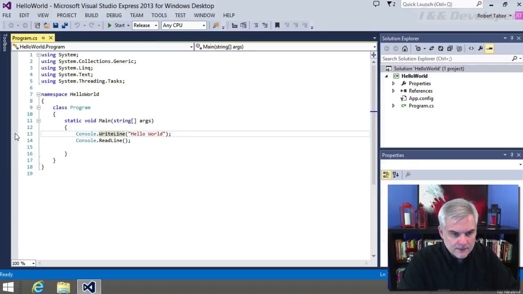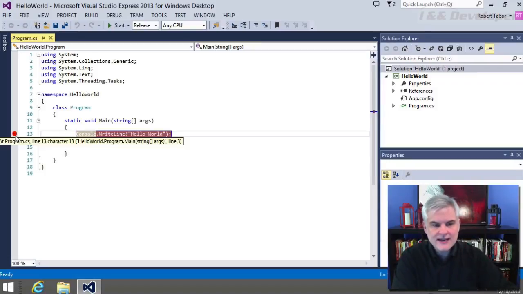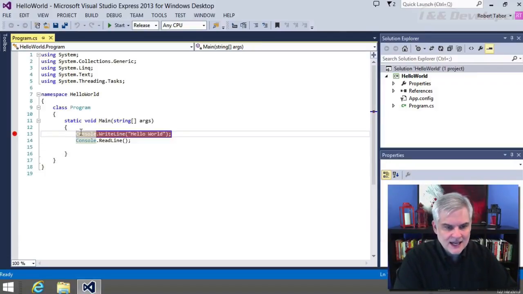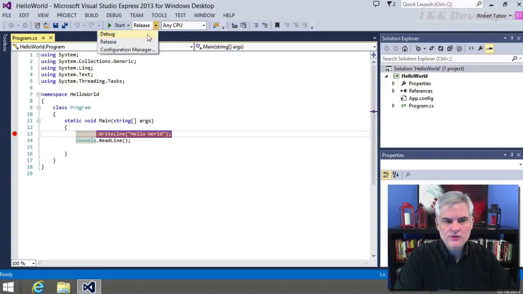Okay. So I'm going to put my mouse cursor in the gray column, along this line of code, Console.WriteLine, I'm just going to click, and you'll notice when I do that, it creates this red dot, and then it highlights the entire line of code in a red highlight. And if you've followed along this series, there's a chance that we were still in release configuration. What we want to do is change that to the debug configuration for this project. So make sure you change this back before you hit the start button on the toolbar,